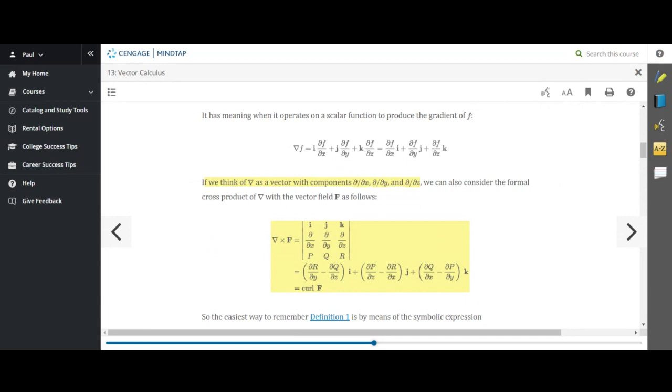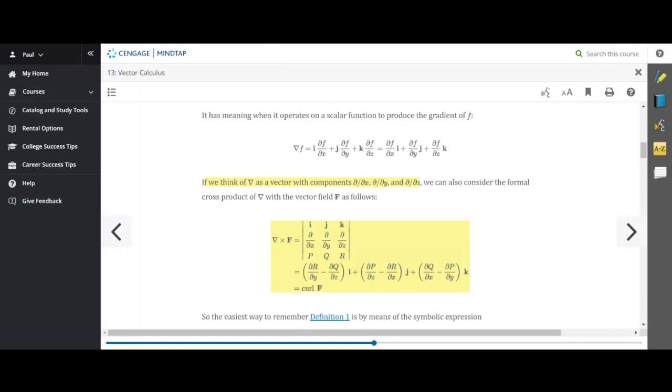What you're really doing when you compute the curl are multiplications, like the partial of y times R, which is like the partial derivative of R with respect to y. Even though that's not an operator times a function, if you kind of think about it,